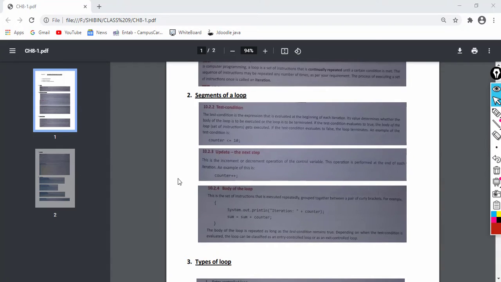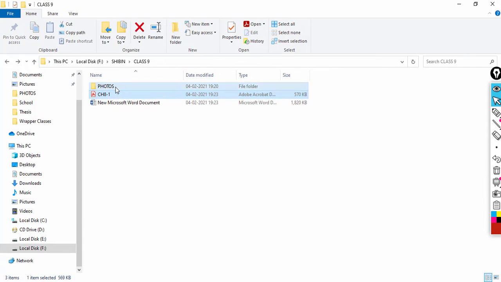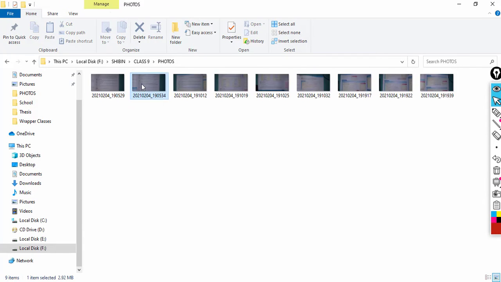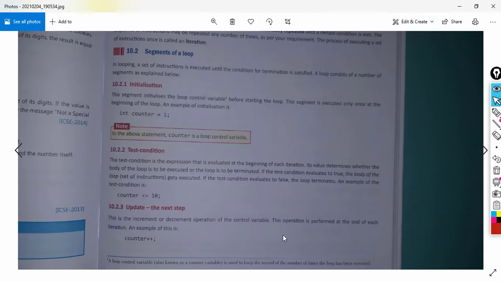Then there are some segments of a loop. The first segment is initialization. I missed adding the initialization here, so I will show you. See here, you can see the initialization.